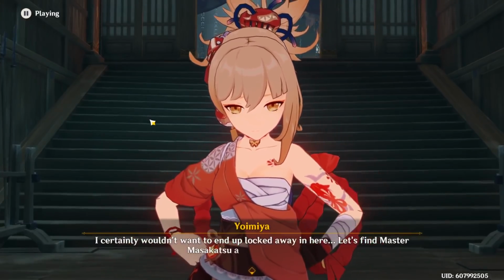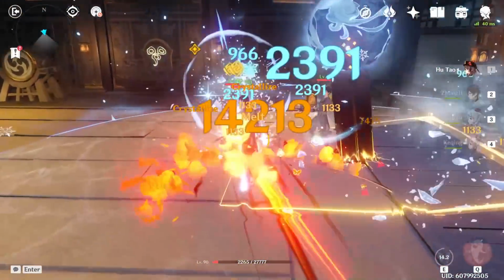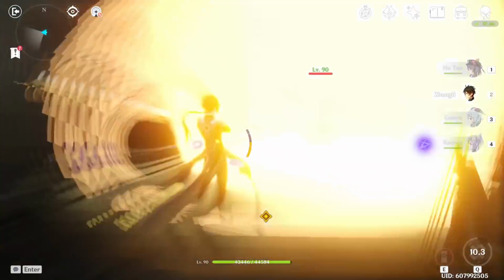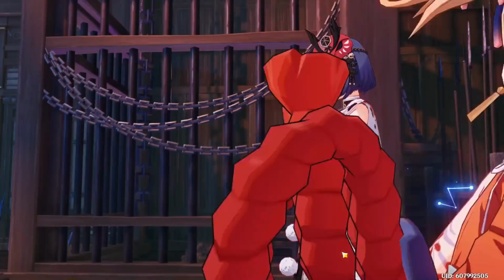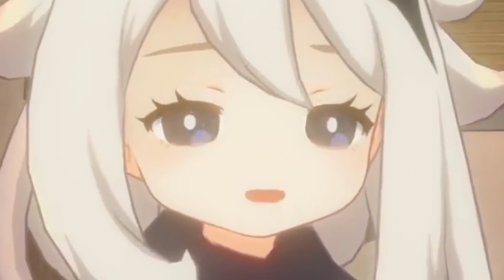I meet Fireworks Girl in the prison cell and, stealthily, slaughter all the prison guards. I just need to make sure no one recognizes us so the police don't find us later. Oh, wait, this character just saw us, but she's a unique character and a hot anime girl, so it's fine if she survives. Ayaya congratulates us on a job well done, and now with that quest out of the way,